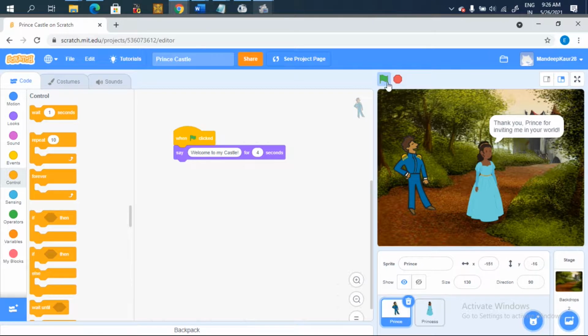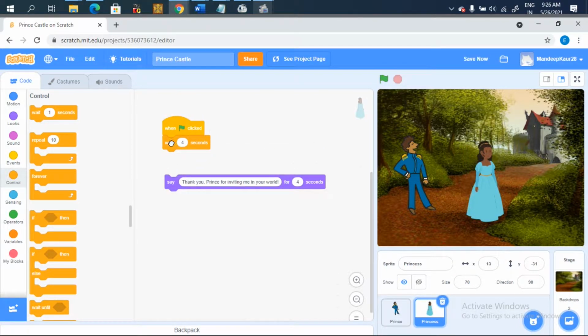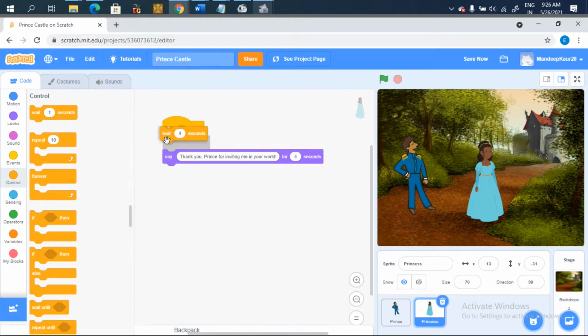If I have not put this wait option, if I just delete this option and I'll just put this here, then both of them will converse simultaneously. So we don't want this. We want a perfect conversation, like one is speaking and the second one is waiting, and when the second says something, the first will wait. So for that we have added this wait part in the coding.